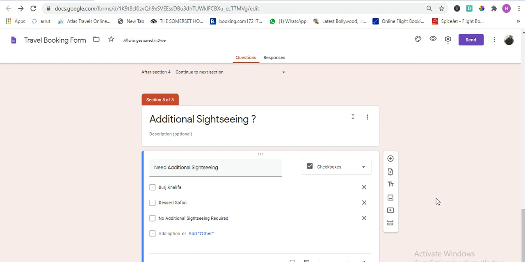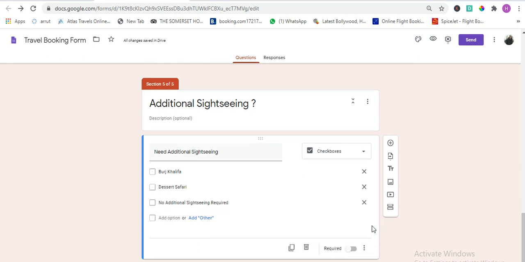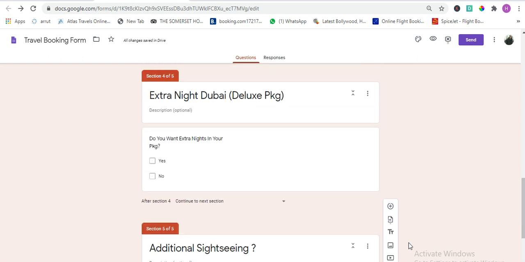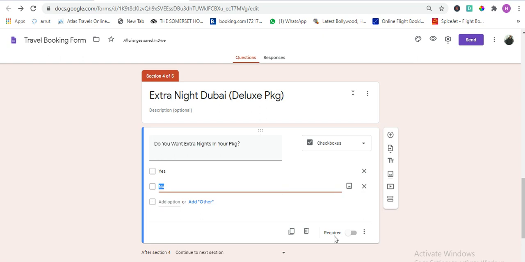Now I'll make this section also compulsory. I need an answer, and in the above section, which is this deluxe package, I will make this question also compulsory, because only if I get the answer I can take them to another section. So again, in this section, extra nights Dubai deluxe package, if the customer selects yes or a no, you're going to take this section to